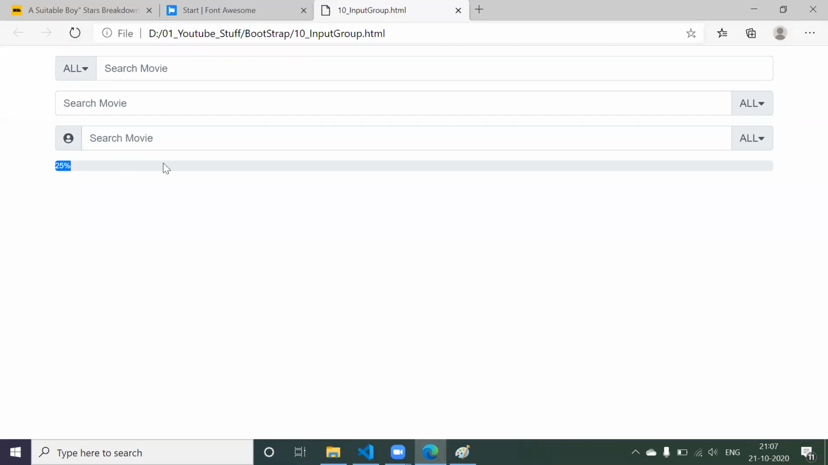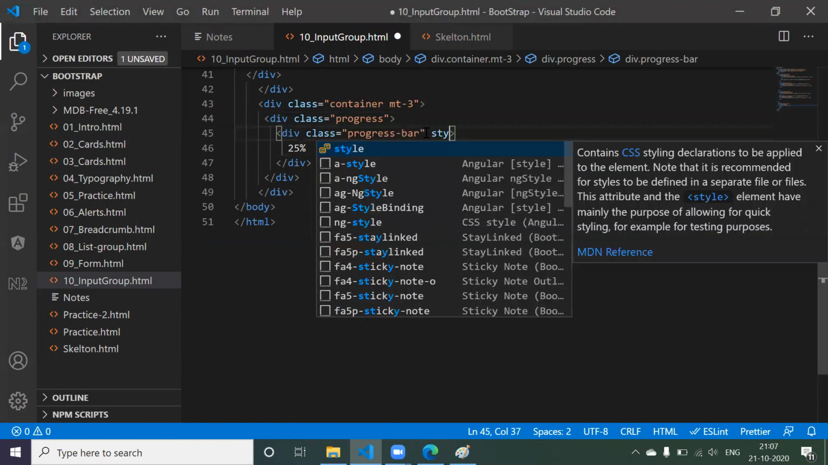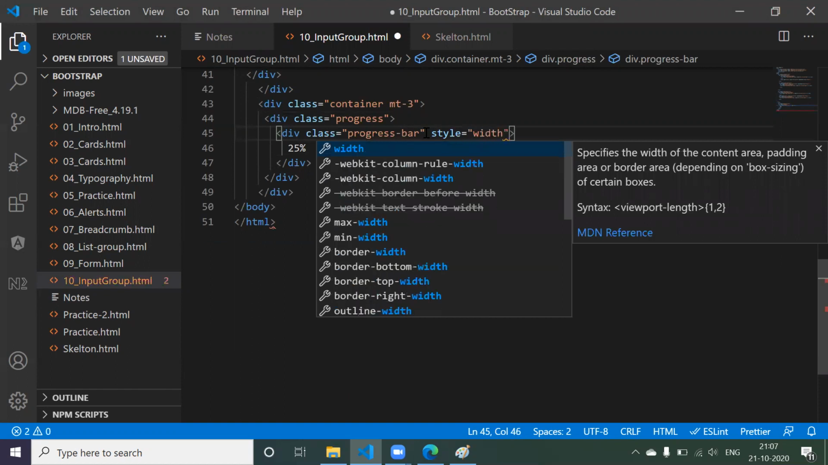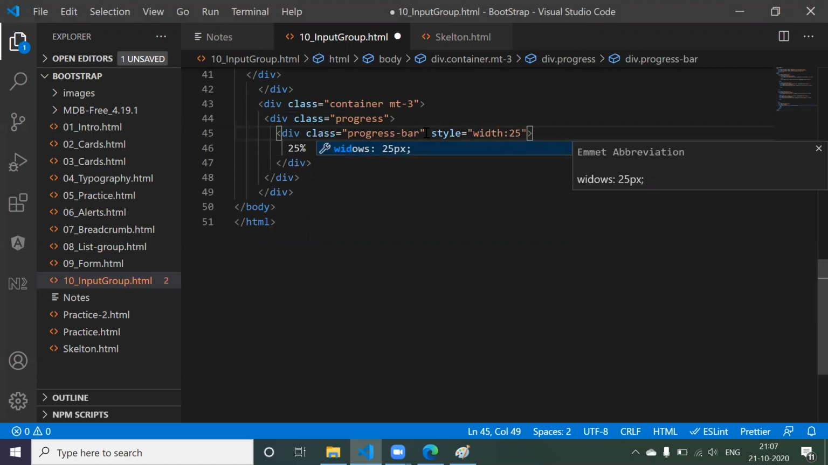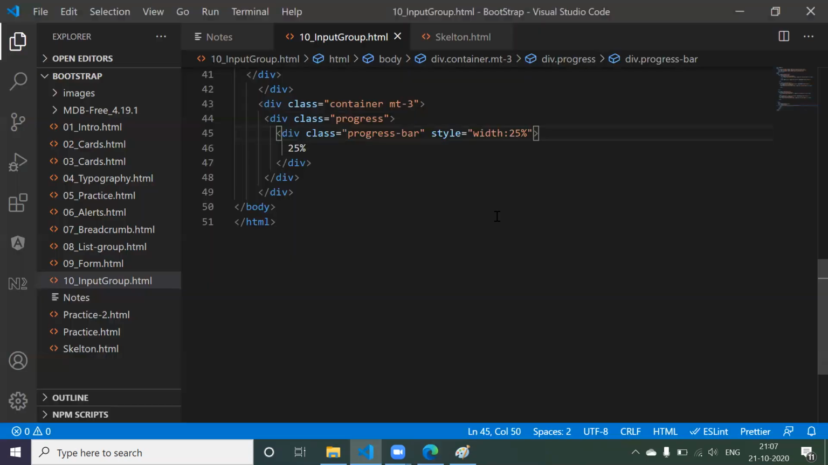Now you want this to be at 25%. So nothing you have to do, you just have to give some styling. So let me give some styling here. Style equals, let me give width should be something like 25%. That's it. Come here and just refresh it. Now you got 25%. In the same way we can do, like let me copy this thing,